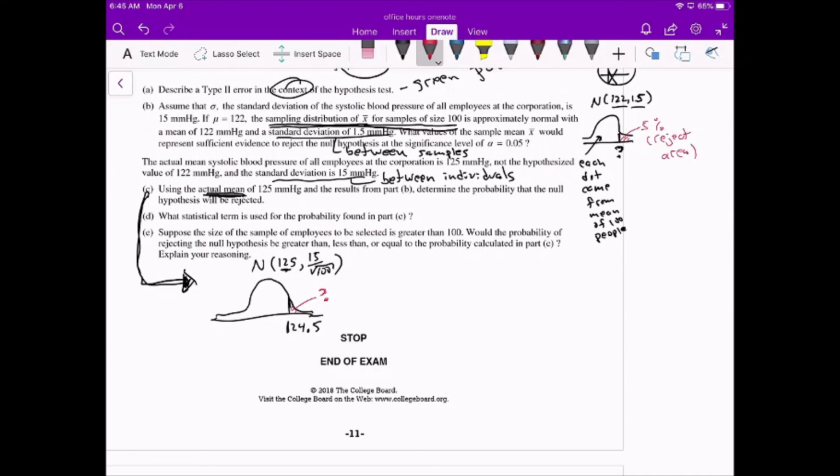So in part B, we're basing everything off of the null hypothesis. And in part C, somehow or another, we magically know what the actual mean is for the population, and we're basing everything off of that. This is a very tough question. You probably need to look through this a couple